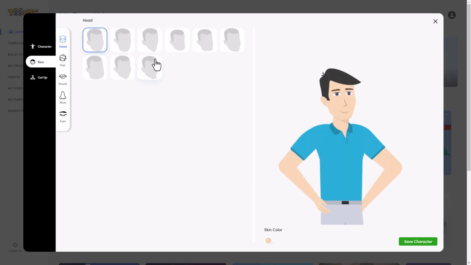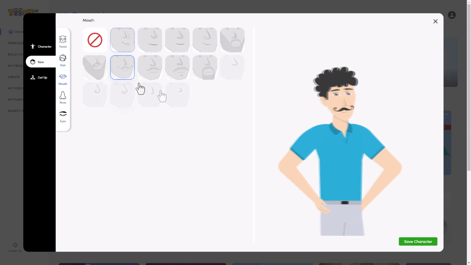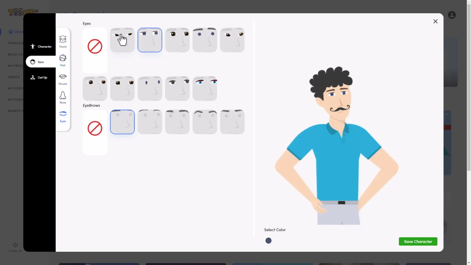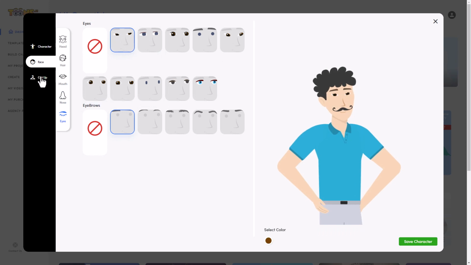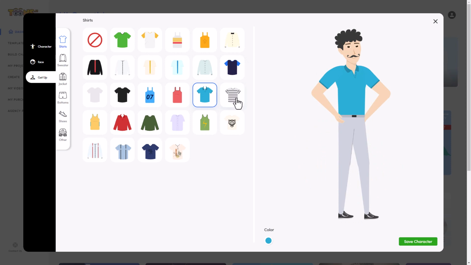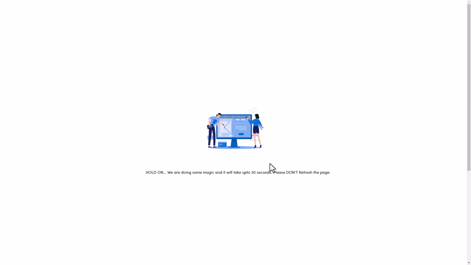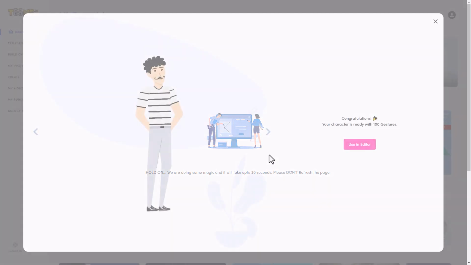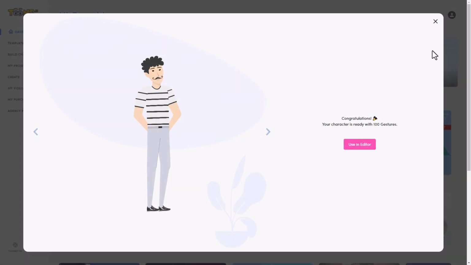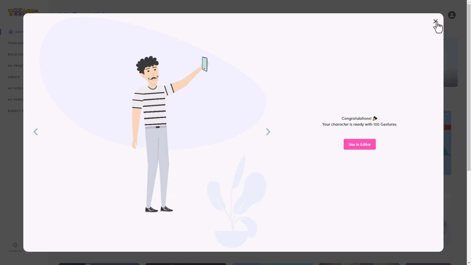So I can customize their head shape. Let's give them some terrible hair and a moustache. Keep the nose, and let's change the eyes. So I can't do unlimited, but I can customize my characters if I want to. That feels like a nice thing to do. And let's save this character. So I've made my own custom character and I've saved them. Again, this feels all very familiar from Animaker. Okay, excellent. So they've got 100 gestures. Fantastic. It looks like we can preview the gestures here.